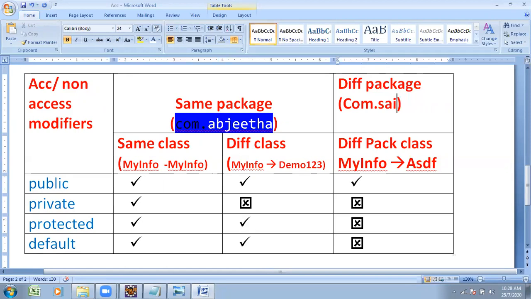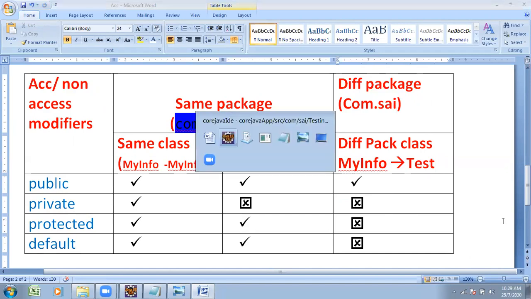So this is available here and that is available there: utilization with a different package. Except public, nothing can be accessed. Except public, nothing is accessible. When he declares public, that is the only one accessible.